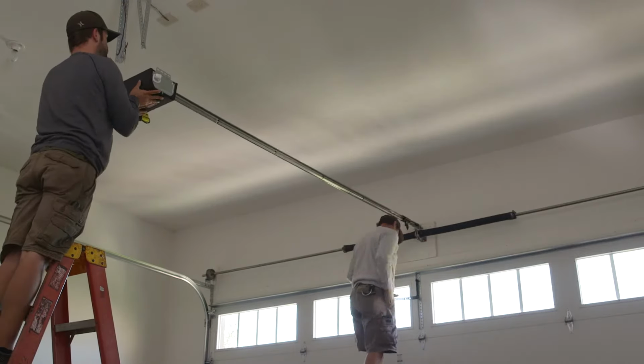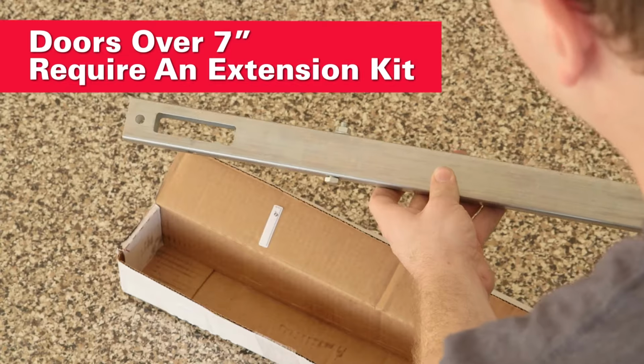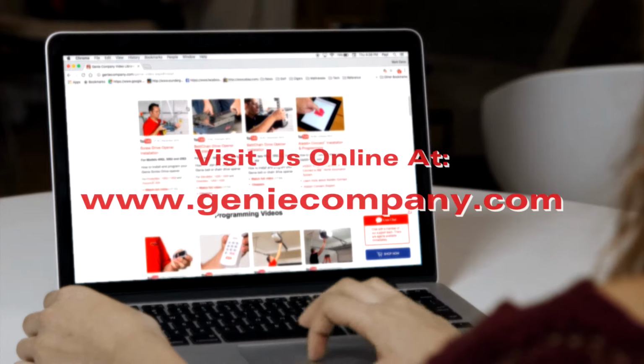For very large garages or high ceilings, you may need additional items like an extension kit or extra angle irons for mounting. For complete, detailed information, including installation videos, instructions, and manuals, just visit